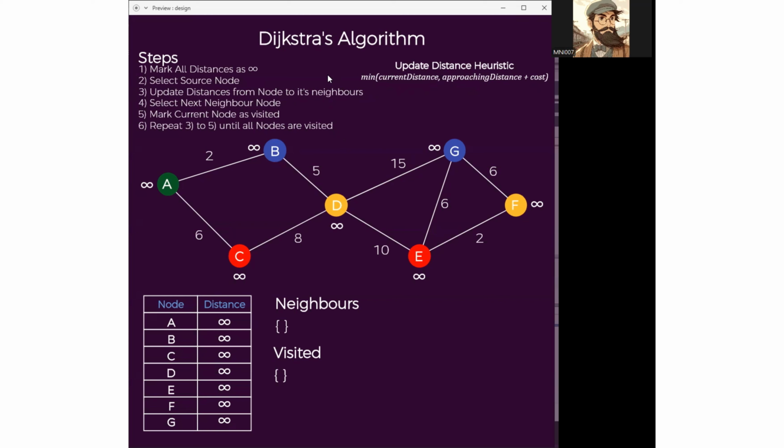Let's try to understand this with the example. So let's move to the first step of the algorithm. We have updated some distances. For example, we have chosen our starting node as the source node A, and the distance from A to A is 0,